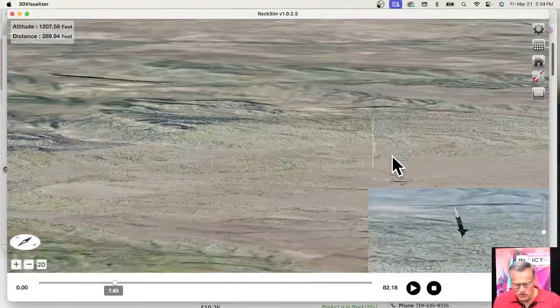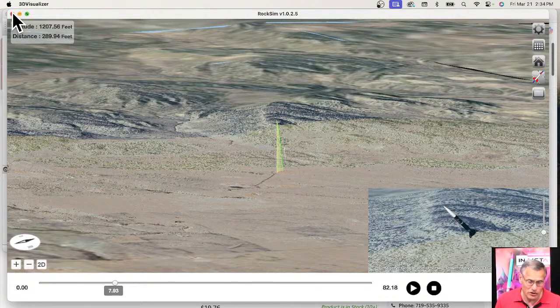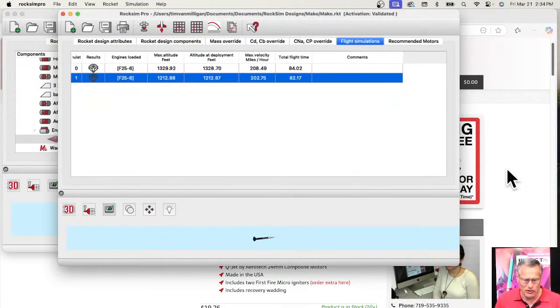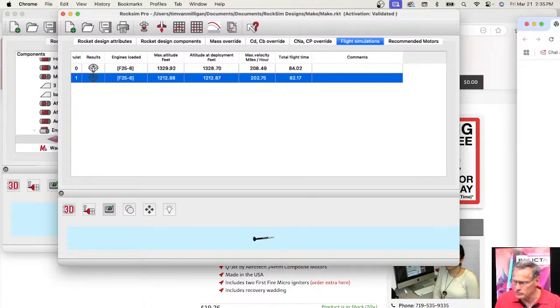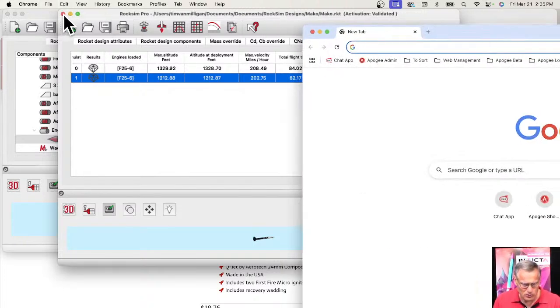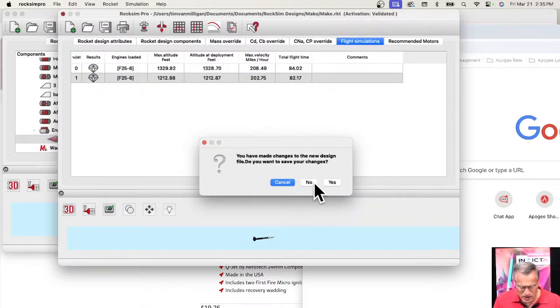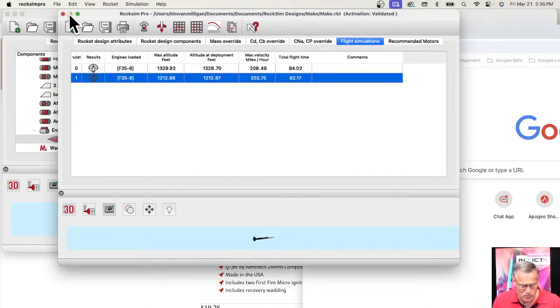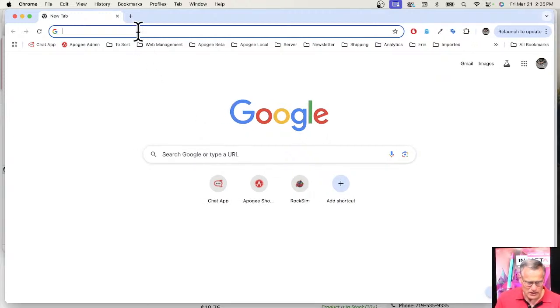So this is the launch visualizer that's built into RockSim Pro. Now we have a different visualizer, and the other one is on our website. It's called rocksim.com. Let me open up a new browser window here. And I'm going to close RockSim Pro just to get rid of some memory. Actually, I want to keep that. Do you want to save changes and cancel? Just minimize it. Okay, so if you go to rocksim.com,